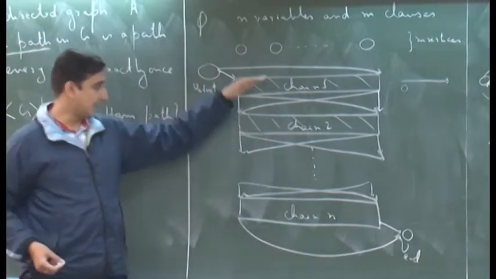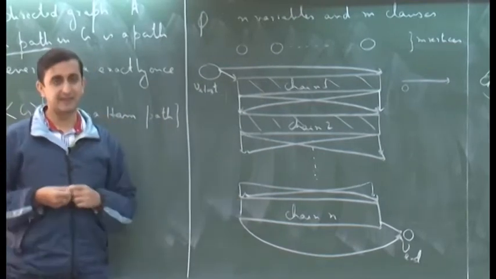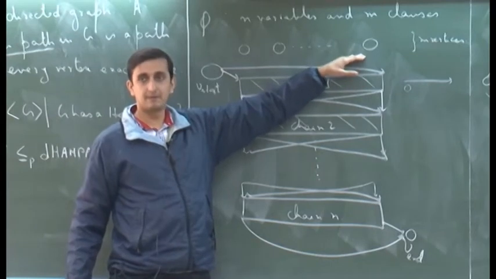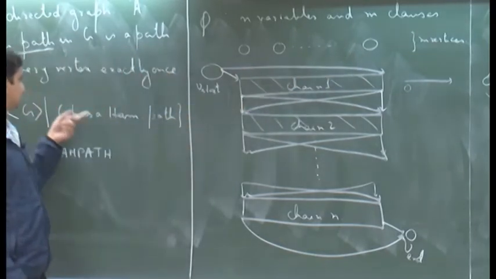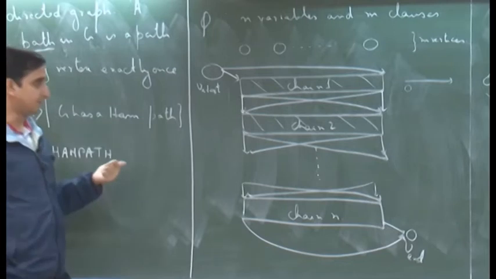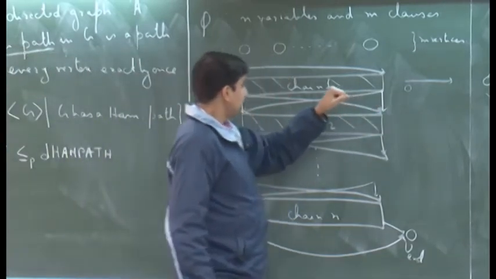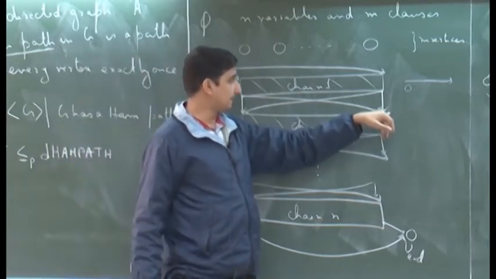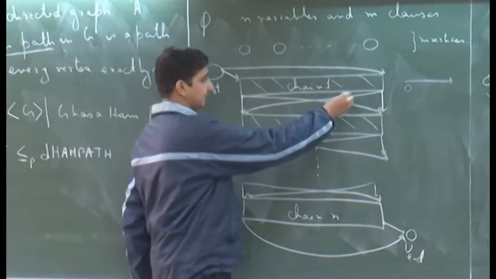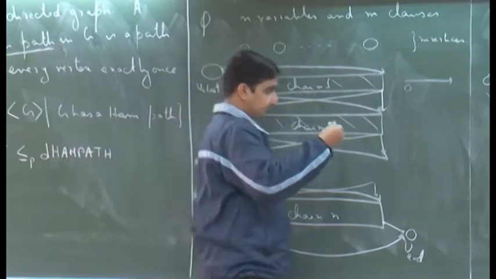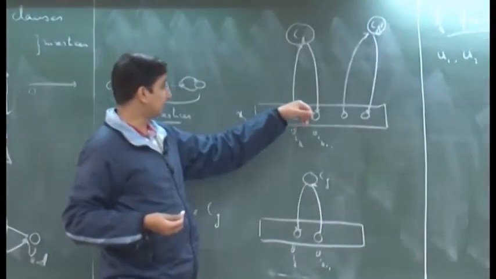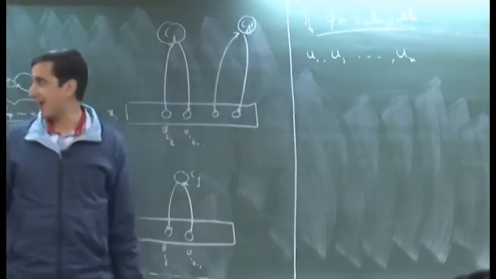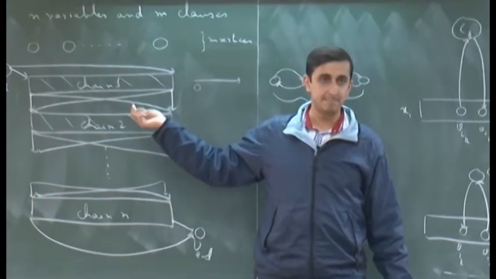So, basically this gives us a mechanism to traverse all the vertices from V start to V end and all the variables in the n chains, but we have not yet traversed these m vertices, right. A Hamiltonian path must visit every vertex exactly once. So, the way we can visit these m vertices as well is because of the way we defined these edges and the way we are traversing the chains.